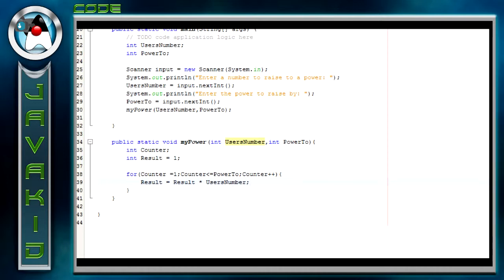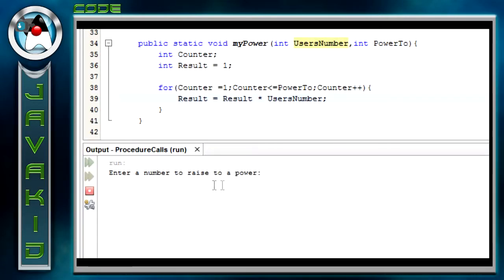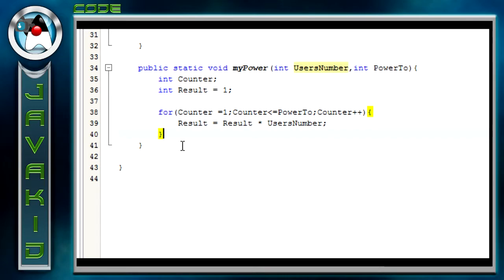So to show you guys what I mean by this, we're just going to go ahead and run this package or this class, and here it says enter a number to raise to a power. So we're going to enter the number 2 for argument's sake, and we're going to raise it by the power of 3. Okay, sorry, one thing I forgot was to show us, obviously we need to see that it's working,